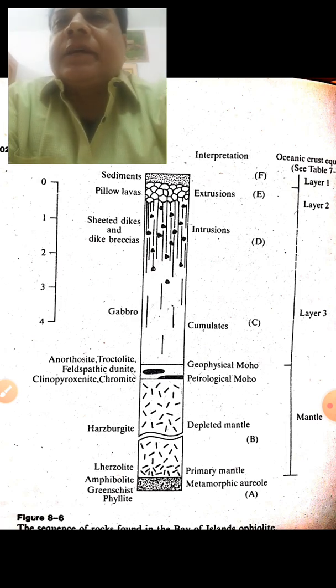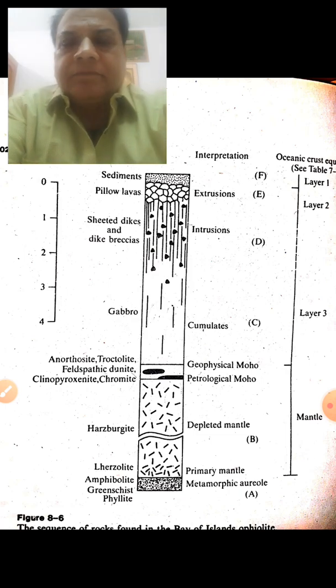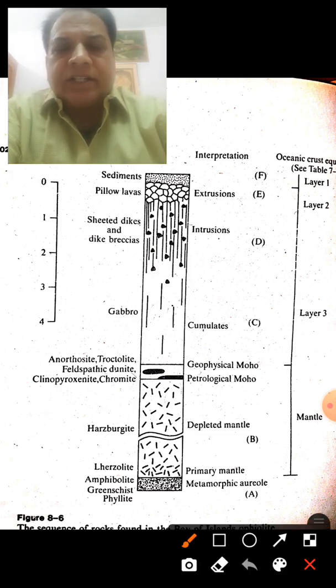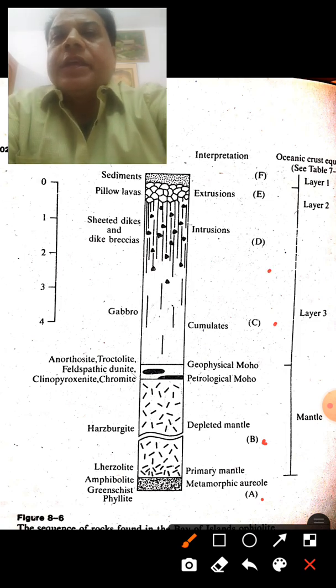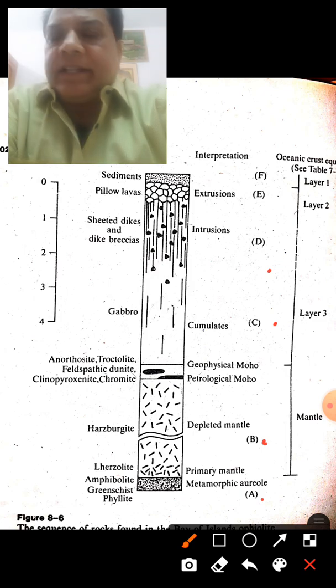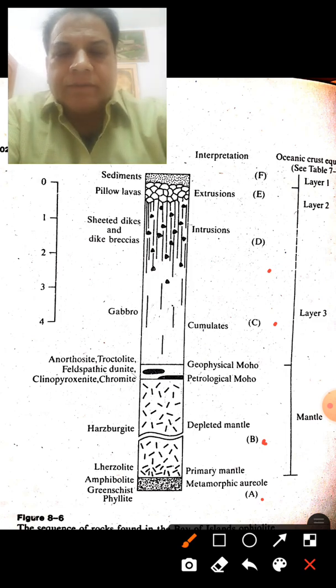Now, in the diagram you can see a typical section. Yes, this is the sequence of the ophiolite suite. You can see it from A, B, C, D, E, F. Now this sequence, if you take it, A is the bottommost. This is your